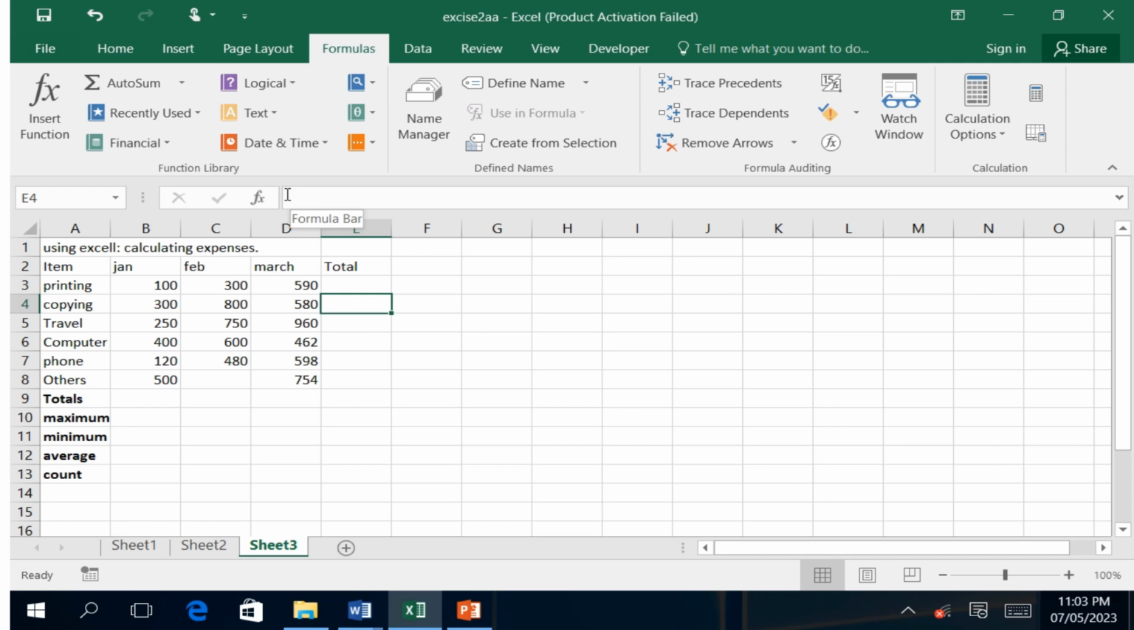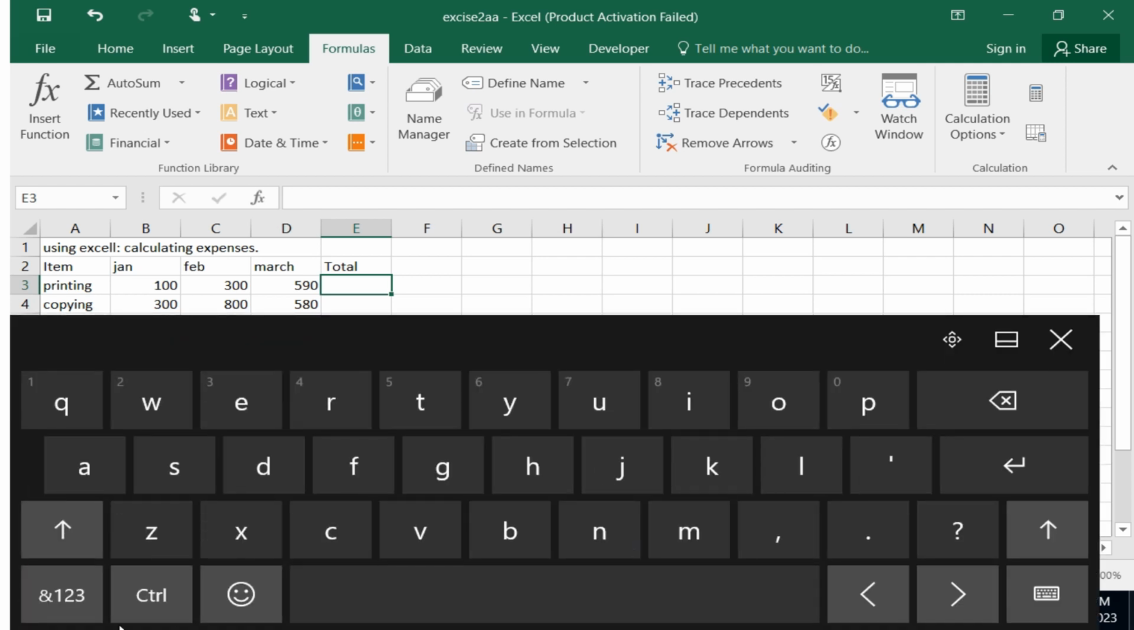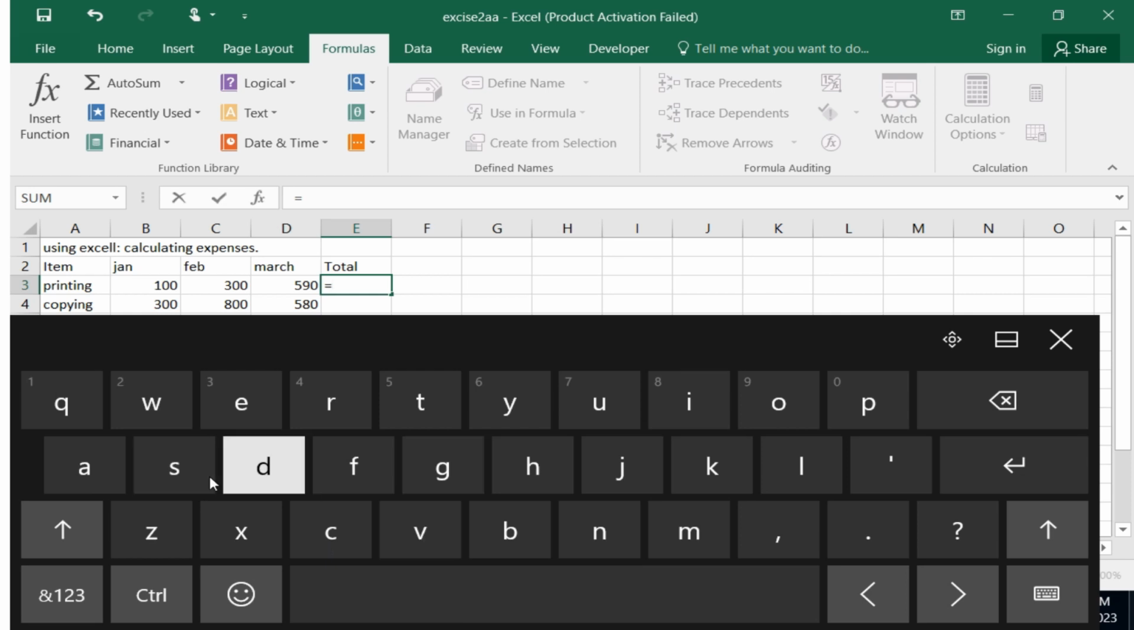To begin with, we are going to calculate the totals using the sum function, and there are many ways that we can calculate this sum function. Always remember that a function will always start with an equal sign. So we put an equal sign, and then this is followed by the word sum, and then